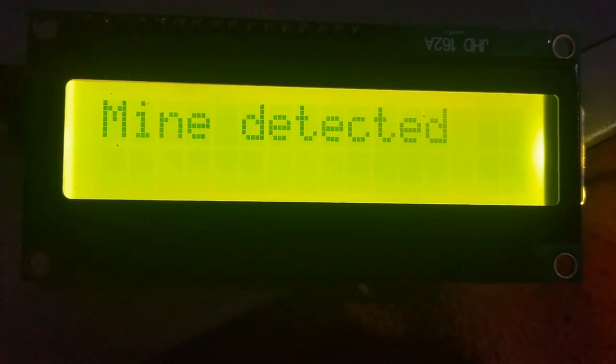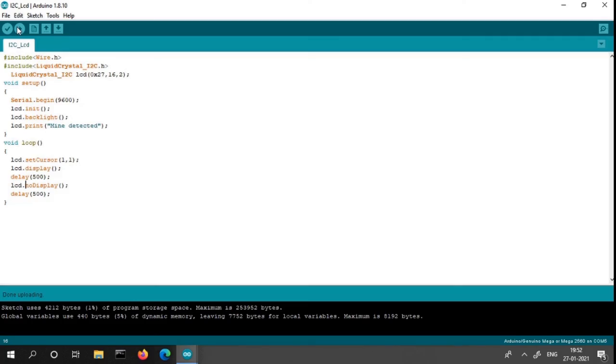Now we can see the output. My data is just blinking.